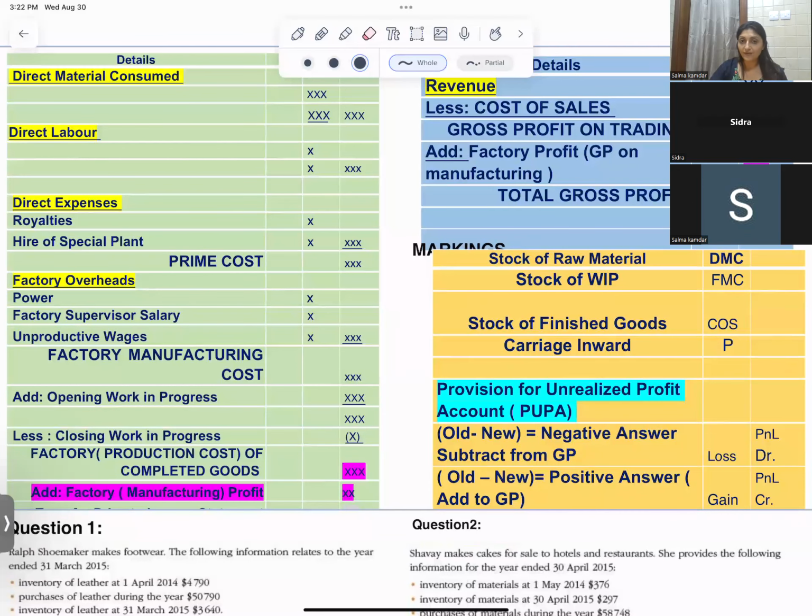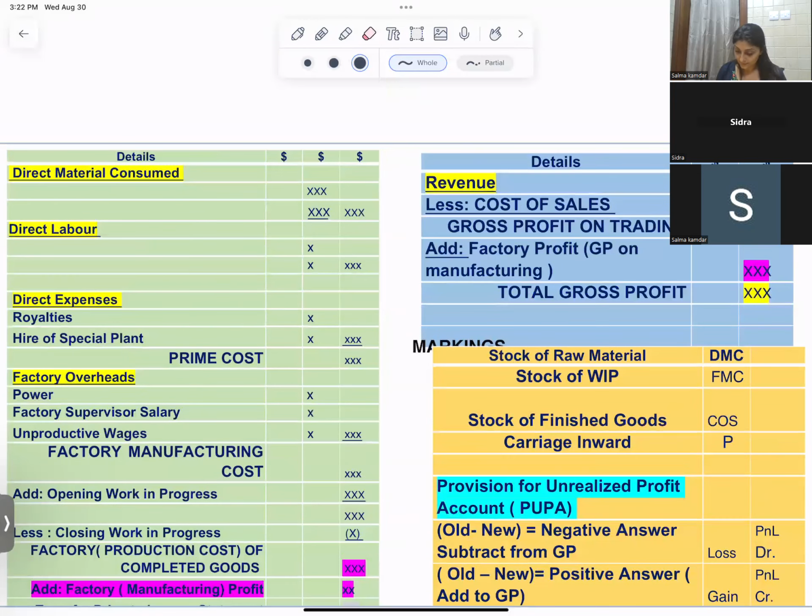Can you tell me the format of the manufacturing account? Oh yeah. So first, you start with the direct material consumed, which will consist of opening inventory of raw materials, purchases, carriage on goods, closing inventory, which will give you your direct material consumed. Then with that you'll add your